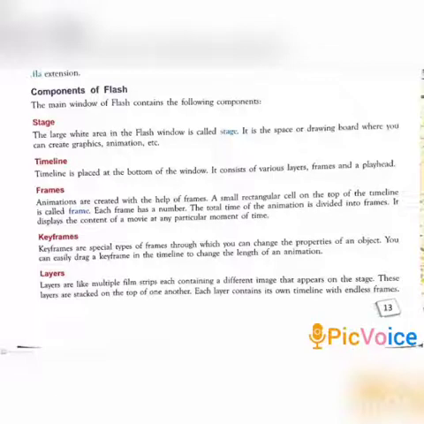Components of Flash. Let us know about the elements of a Flash document window.